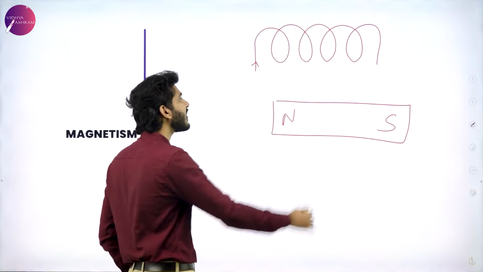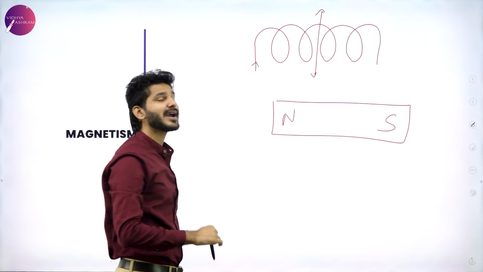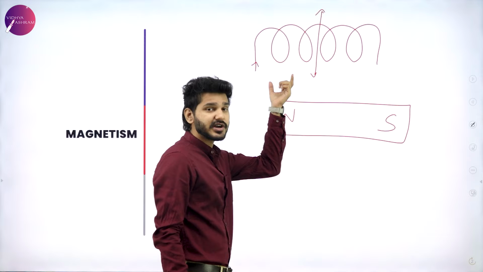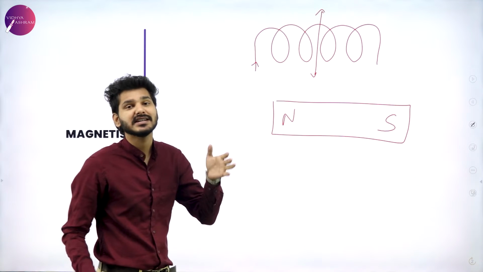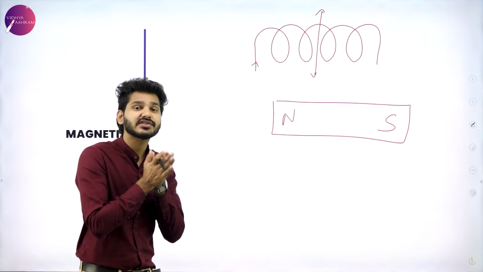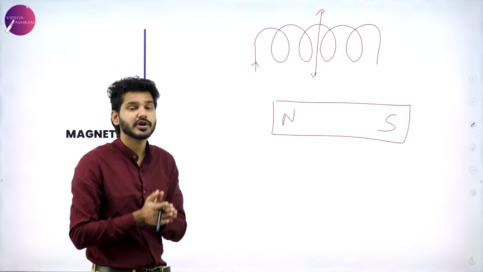That is, if I cut this particular solenoid in half, I told you that the magnetic field also will be reduced. That is, when I cut this particular solenoid, the length factor is decreased and the number of turns is also decreased,